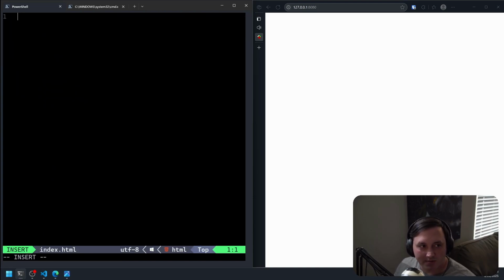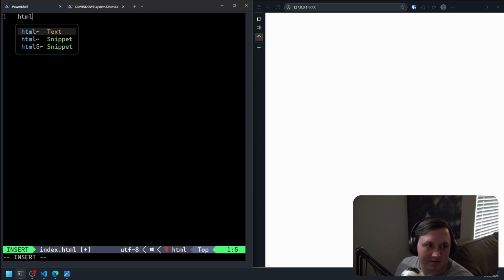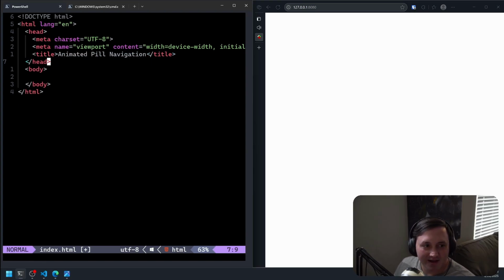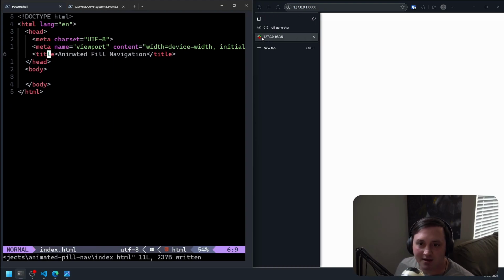All right, let's go ahead and open my index.html file. We're going to use some of my friendly snippets to generate kind of a boilerplate. We'll give this a title. We'll call this, what do you want to call this? We'll just call it animated pill navigation, like this. We don't need a link to an external. We're just going to do everything inline CSS, inline